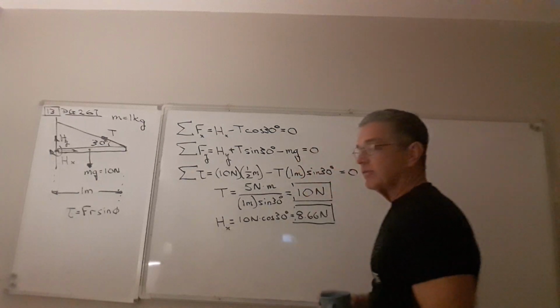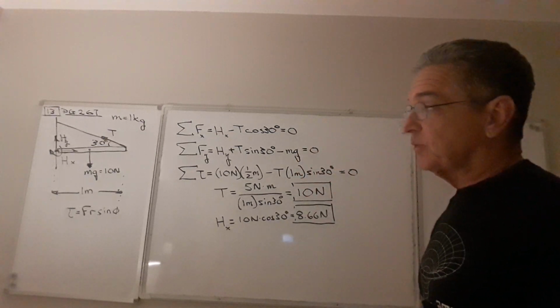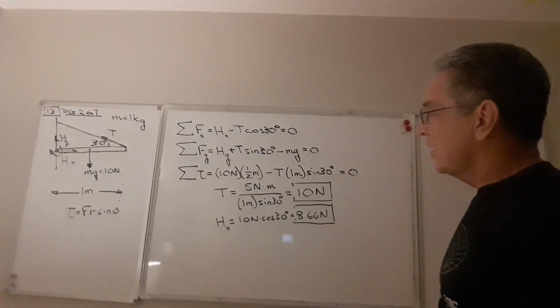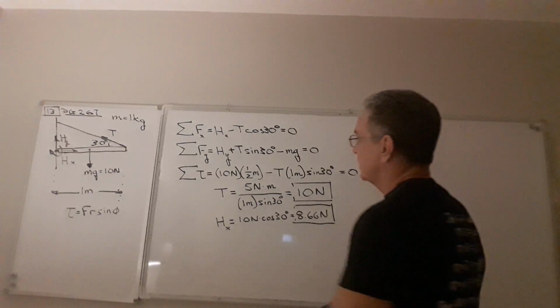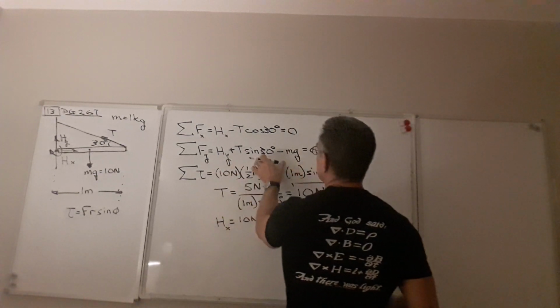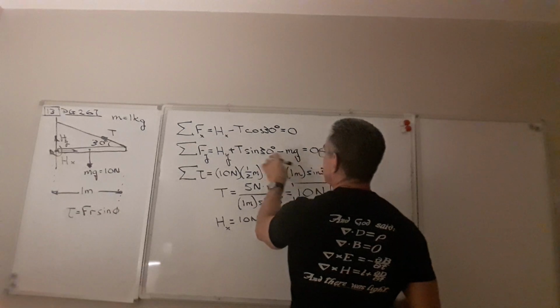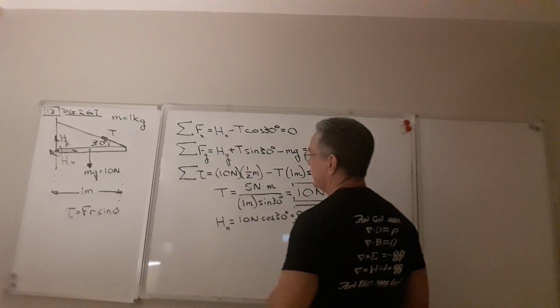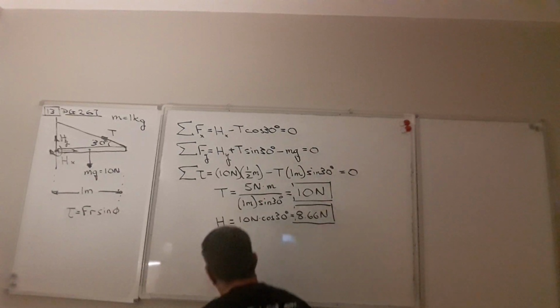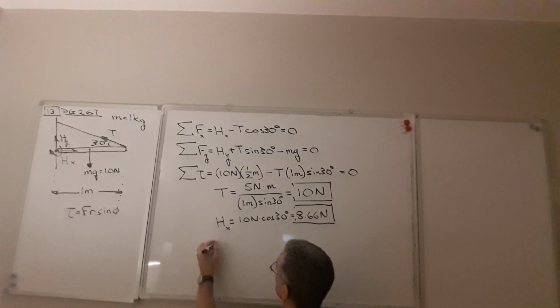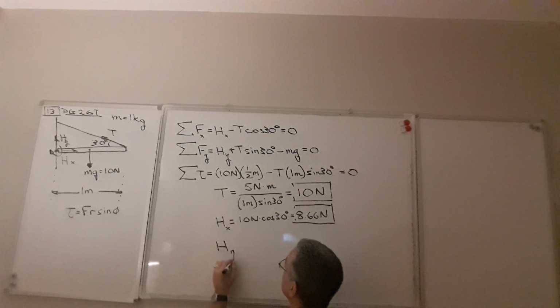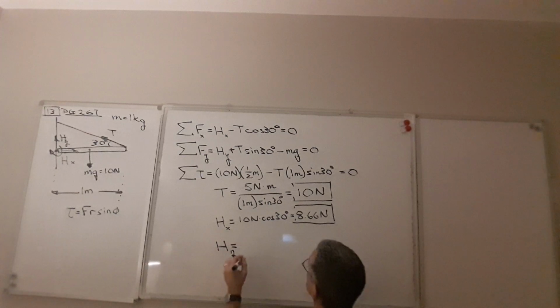Okay, so there I found the horizontal component of the hinge force. Now the vertical component of the hinge force, Hy, let's see, let's add mg to both sides, subtract T sine 30 from both sides, and that'll isolate the y component of the hinge force as being equal to